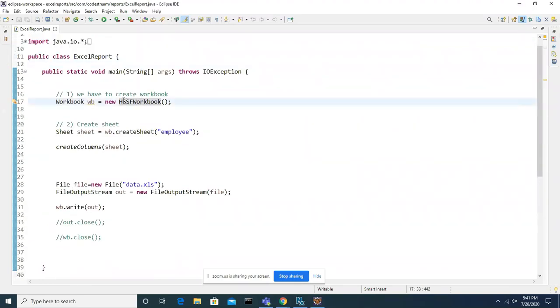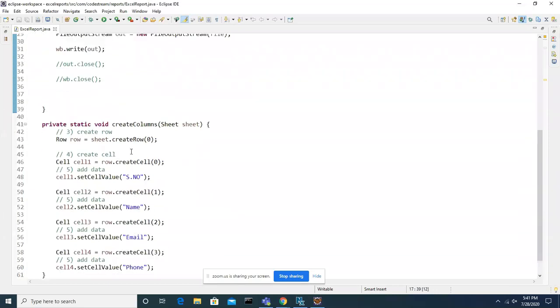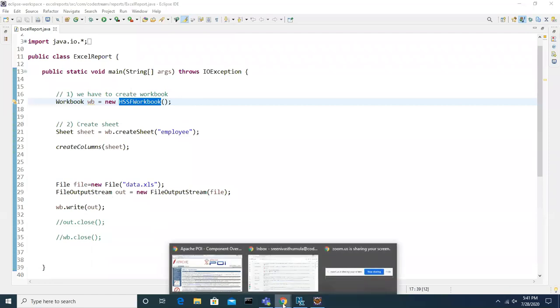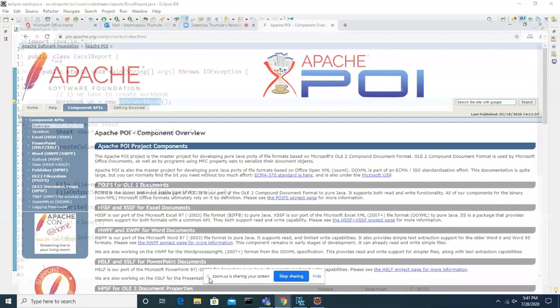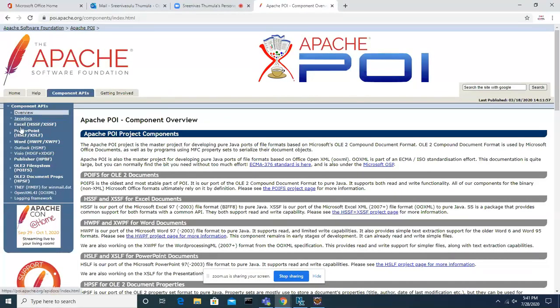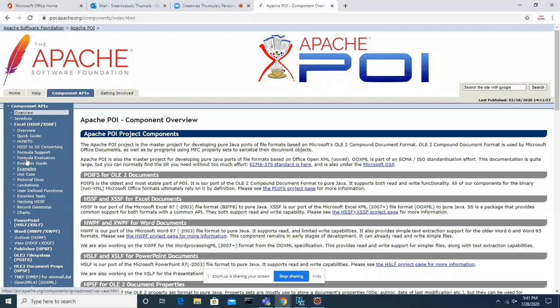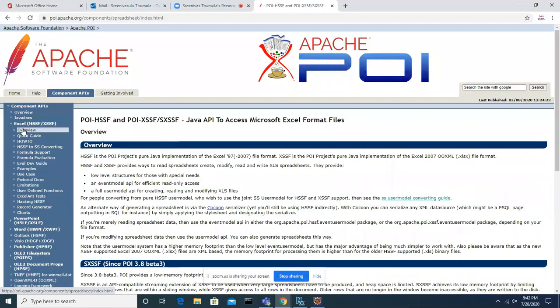So simply, guys, we have to identify a specific class for our requirement and methods in this API. So you no need to worry. Actually, they gave clear examples. Like if I go to the overview, here is the quick guide.